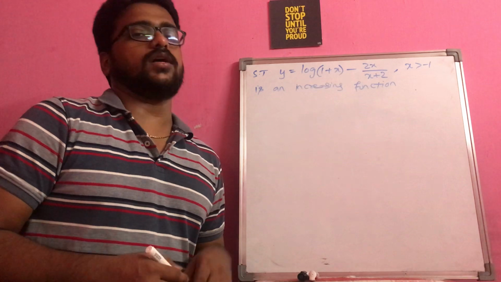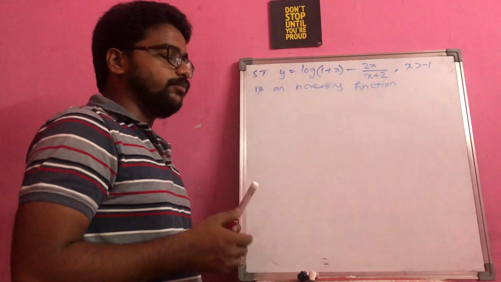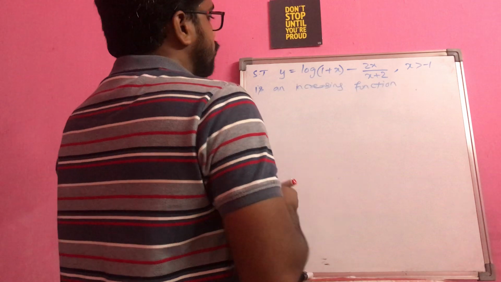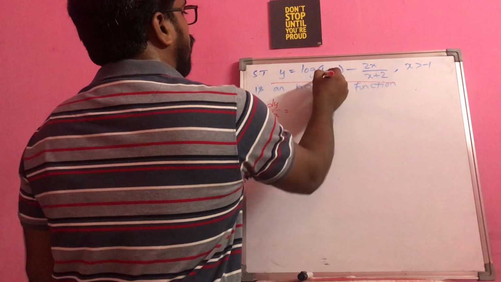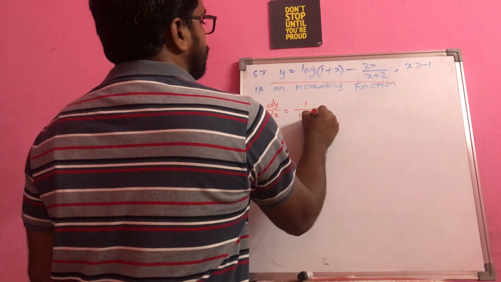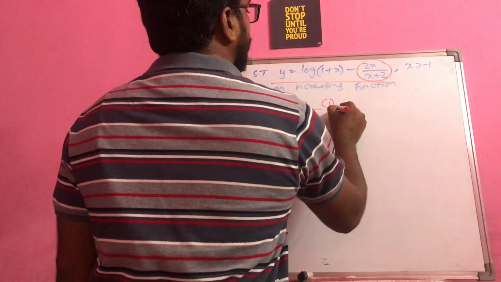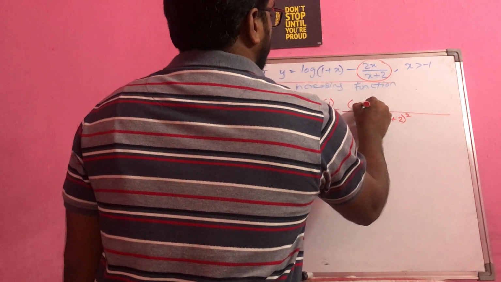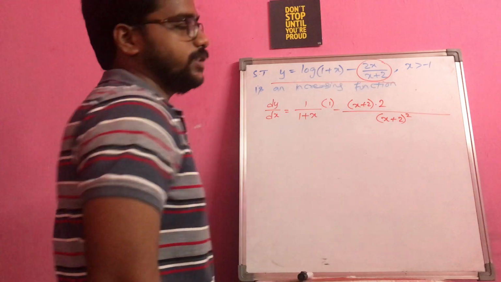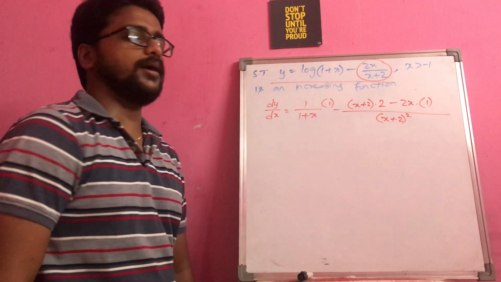We already discussed that whatever may be the function, if it comes under the category of model 1 or model 2, our approach is the same. That's nothing but we have to apply differentiation. So let's apply differentiation for this. dy by dx is equal to log of 1 plus x, differentiation is 1 by 1 plus x. Inner differentiation for this will be 1 anyway. And here I have to make use of the division rule. So x plus 2 whole square, x plus 2 into 2x differentiation is 2, minus 2x I will keep as it is, x plus 2 differentiation will become 1.